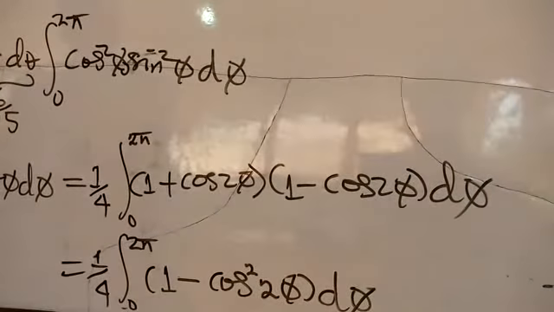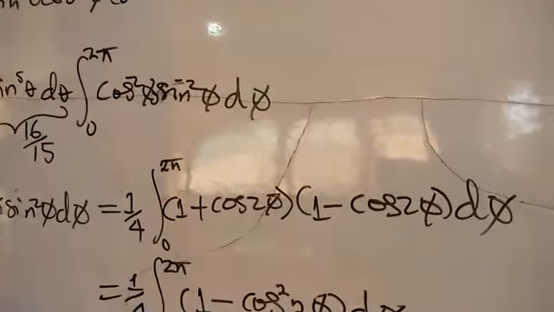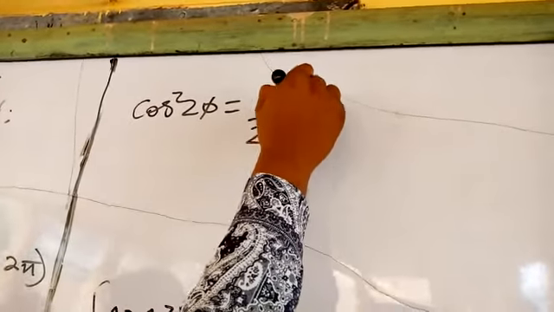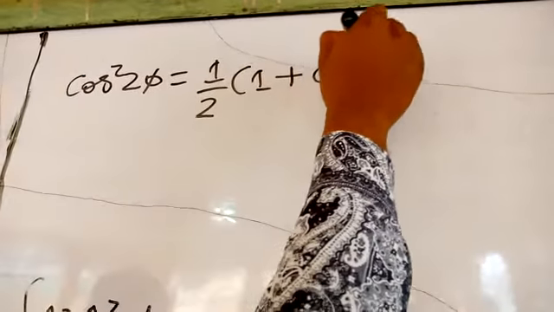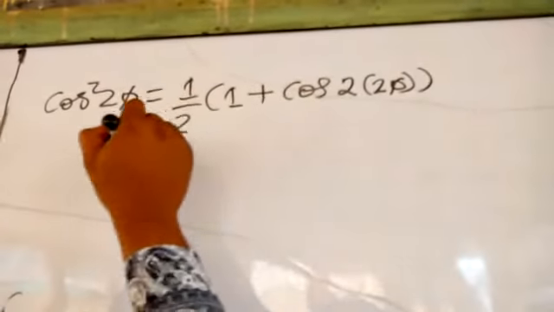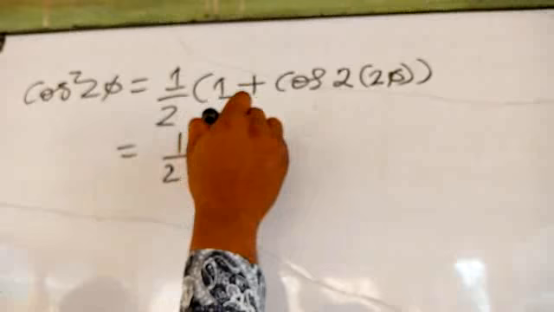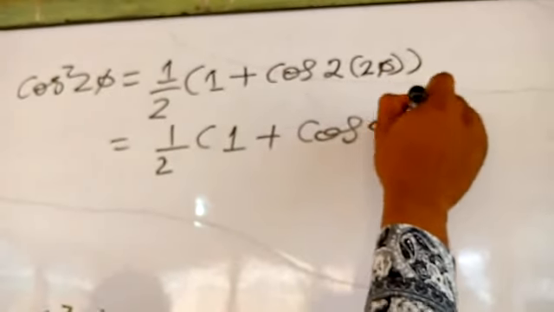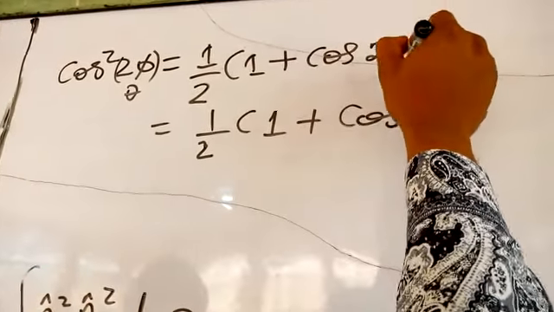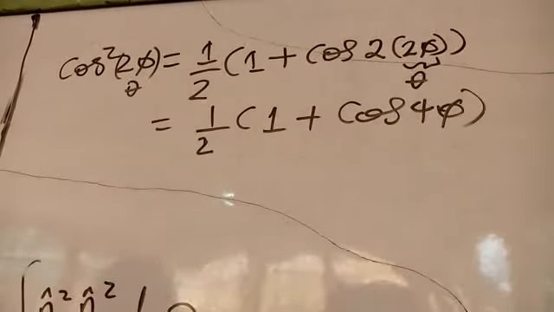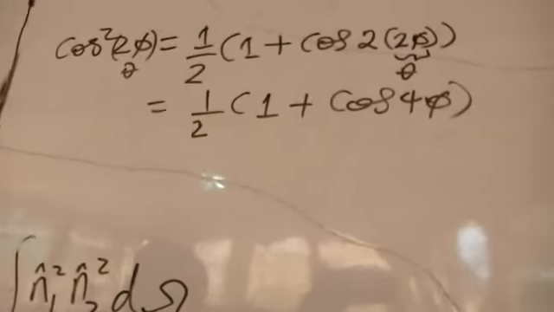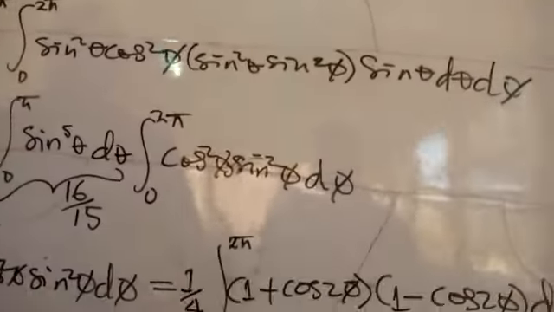Okay, but something also interesting could happen here. Take note that I could write cos squared 2 phi, the same thing as 1/2 again, but then 1 plus cos 2 times what I had before as my theta, which is 2 phi again. So this is the same thing as 1/2, 1 plus cos 4 phi. I hope that is clear. Just see this as some theta. Then, of course, this is the theta. But we know what the theta is. The theta is 2 phi. And so we are down here. Okay, now with this then I can say, if that is the case, so what I'll try to do first of all,